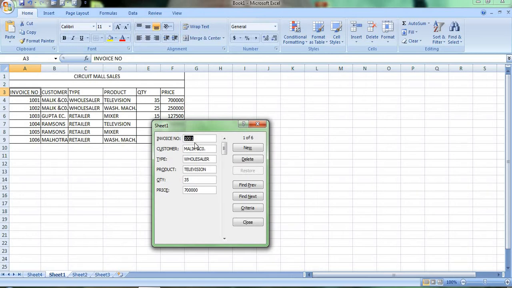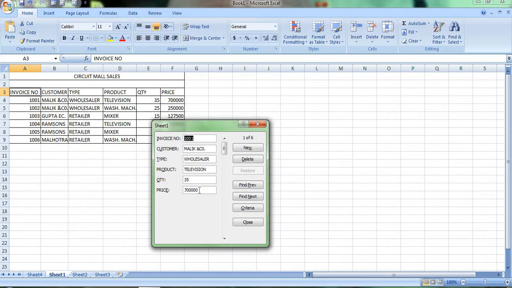My data will be seen in the row form: 1001, then Malik and Co, then wholesaler, then television, then 35, then 7 lakhs. This is my entry in a form layout.